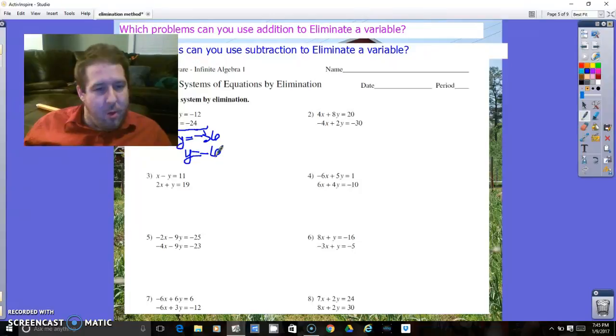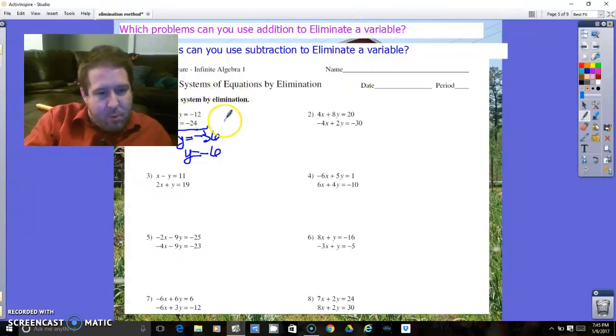Now, once you found y, all you got to do is plug it back in and solve for x. Plug it back into one of the equations. It really doesn't matter which one. I'm going to use the top one: negative 4x minus 2 times negative 6 equals negative 12. All right, negative 4x, bring that down, multiply: negative 2 times negative 6 is positive 12, equals